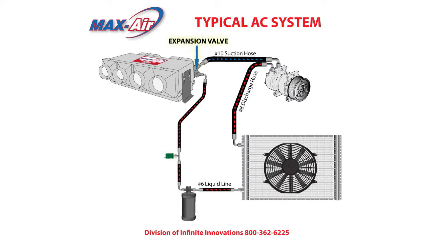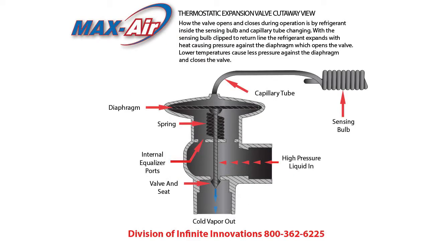The expansion valve removes the pressure and heat from the refrigerant, changing it from a hot liquid to a cold vapor into the evaporator. Expansion valves also control the flow determined by the temperature of the evaporator by a sensing bulb that is clipped onto the low side outlet line. This signal tells the valve to increase or decrease the amount of flow through the evaporator. Without this sensing bulb, too much refrigerant could pass through the evaporator coils, causing the coils to freeze and block